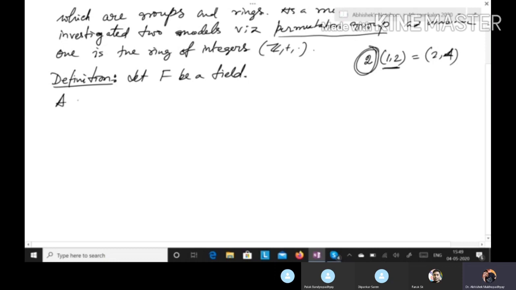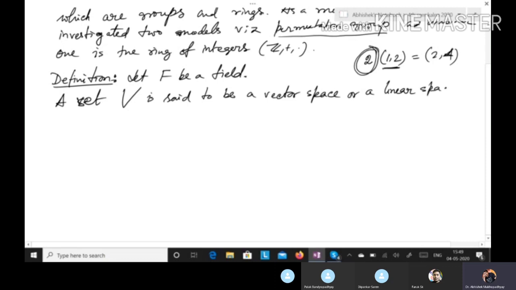Then a set V is said to be a vector space or a linear space over the field F